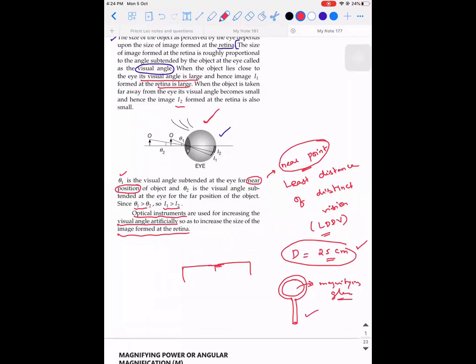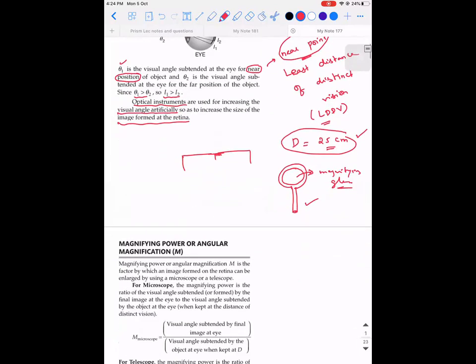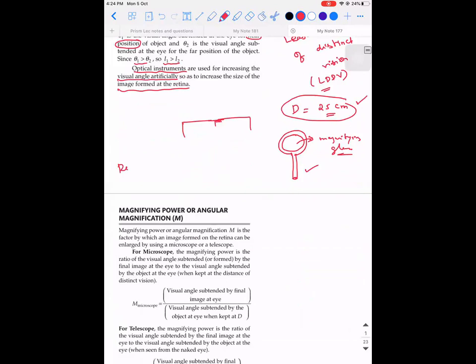I used a word called resolving, right? See, this resolving is nothing but the one which you're trying to speak. For example, in general language, when you go to a shop and buy a mobile, you ask them, how many megapixels is this camera? What is the actual specification you're trying to ask?